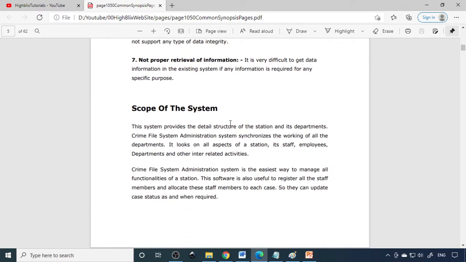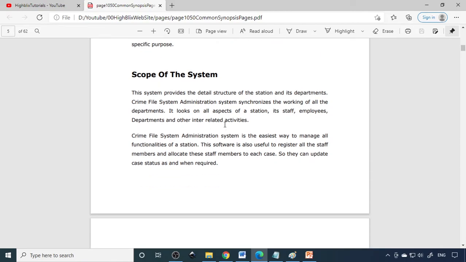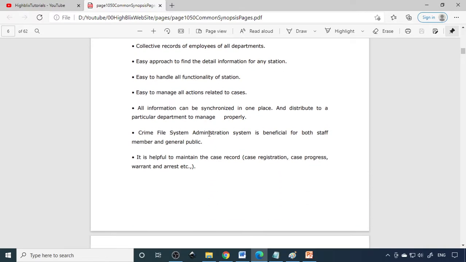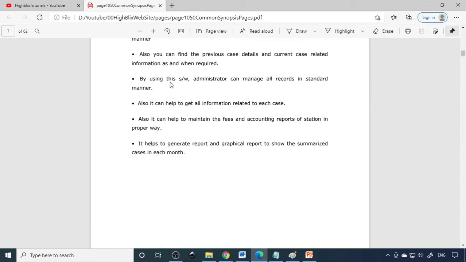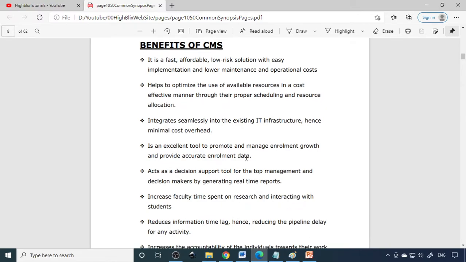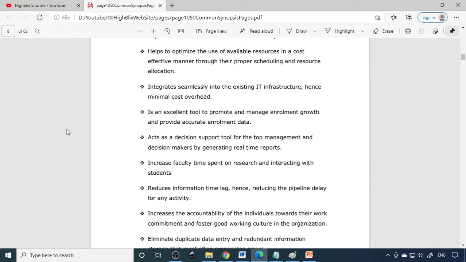Therefore you can always use whatever common content is there, and wherever the project name has to be changed, you can put your project name and check that all the content matches your project. Then definitely you can always use this. Right. So here are the advantages. What are the advantages you get? That is here. This is another project benefit of CMS. So here are the benefits written over there, and you can copy this and use it in your project also.